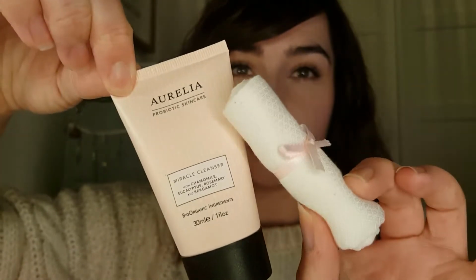I've got several of these packets because I've bought them from Boots initially because I really like them, but also from using the Lace and Beauty box I've been able to try lots of different versions of these masks and I do really enjoy them. That's one full-size mask. Oh, I meant to say the Aurelia cleanser came with a little muslin cloth as well,